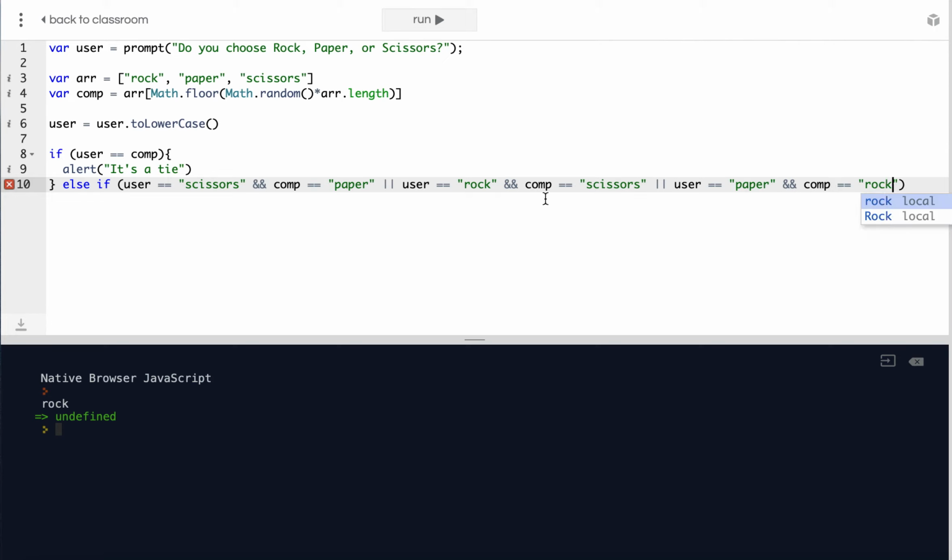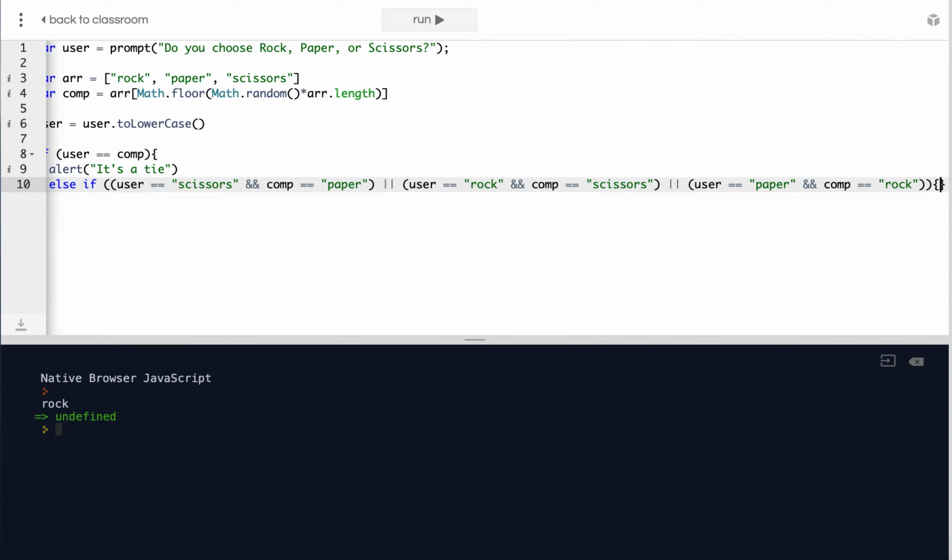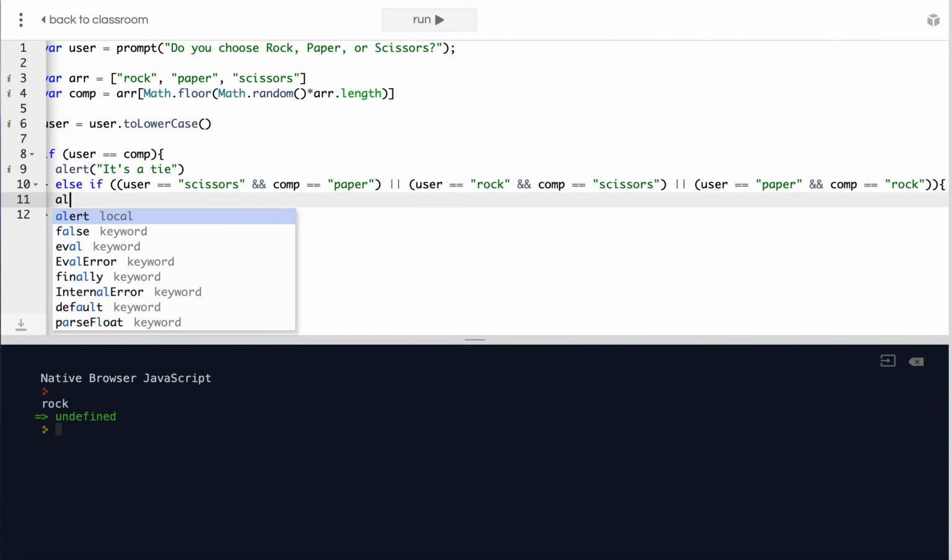Now, if you'll notice, what I've done here is I've put in all of the user win conditions, right? And I actually have to enclose those and statements with parentheses because I want those and statements to be evaluated first before the or statement is evaluated. So this is a little bit of complex logic here, but what this does is it checks to see if the user has won, and it will alert